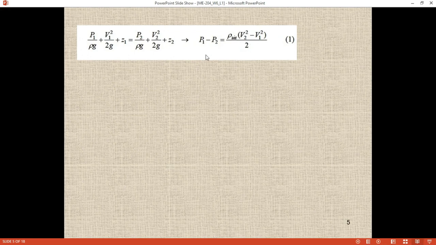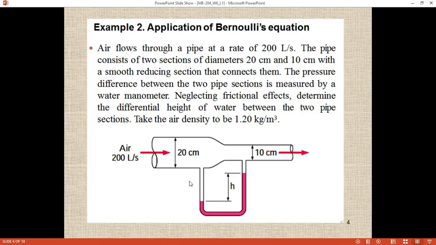So we have written down the pressure difference, because this h is equal to the pressure difference between these 2 points, into rho gh. Rho gh is equal to P1 minus P2 and will give you the height of the column. So if we know P1 minus P2, we can easily calculate h. So here we transformed the equation into the form of P1 minus P2.